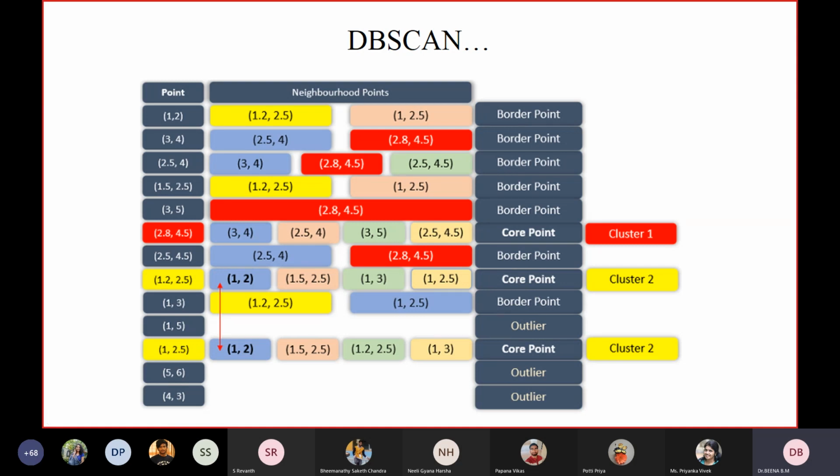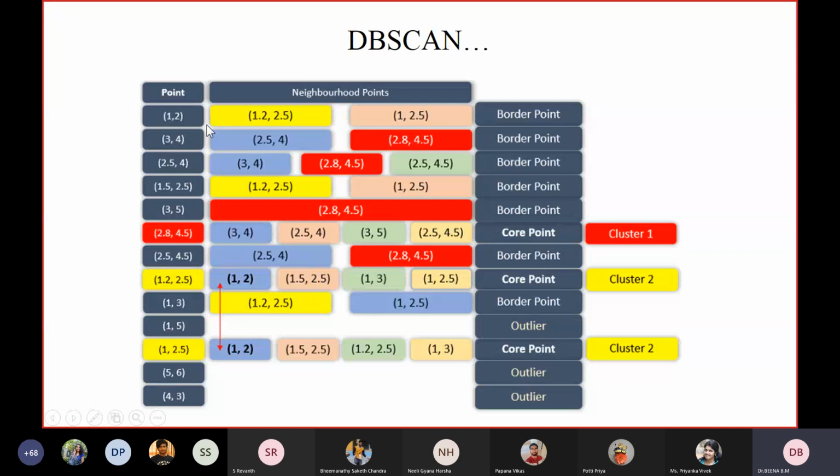Now these points are detected by the algorithm. How are they detected? During the iteration process, every core point will be assigned to a new cluster, unless some of the core points share neighboring points, in which case they will be included in the same cluster. Every border point will be assigned to a cluster based on the core point in its neighborhood.